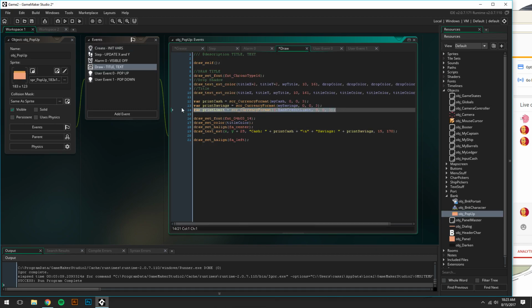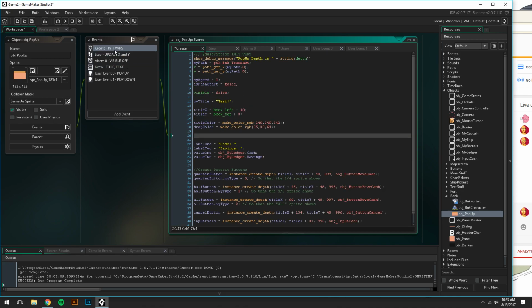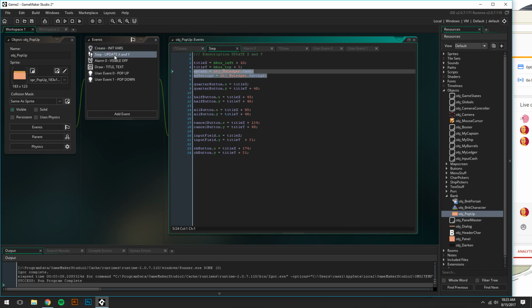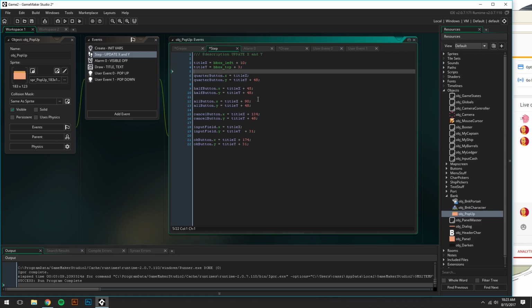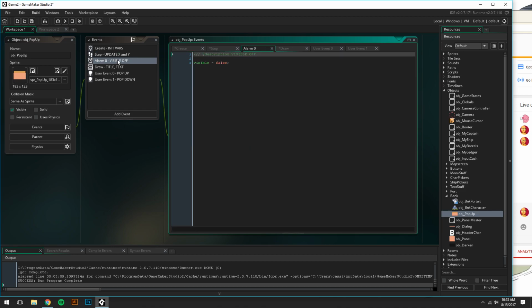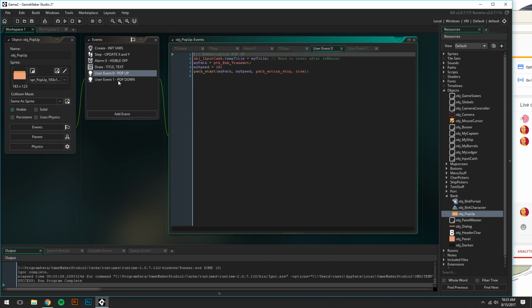God damn it. And we have to do that. So, okay, we got rid of our my cache and my savings. We're gonna do that here. We're also gonna get rid of that. Step events are no longer good to us for this purpose. So